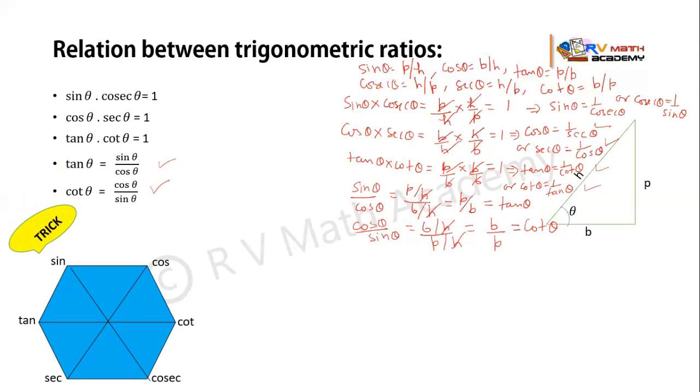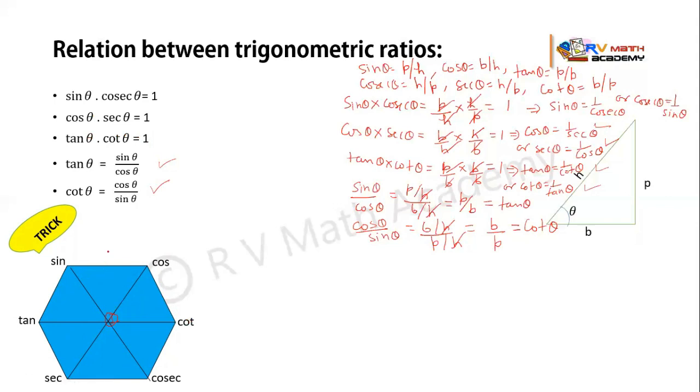So what we have to do, we will just first write tan theta is equal to sine theta upon cos theta on the 3 vertices out of 6 vertices. So first we'll write tan, then we will write sine, then we will write cos. And we know that tan theta and cot theta are reciprocal of each other. So if I just denote this midpoint as 1 here, the tan theta and cot theta, their product is 1. So we can write here cot theta.